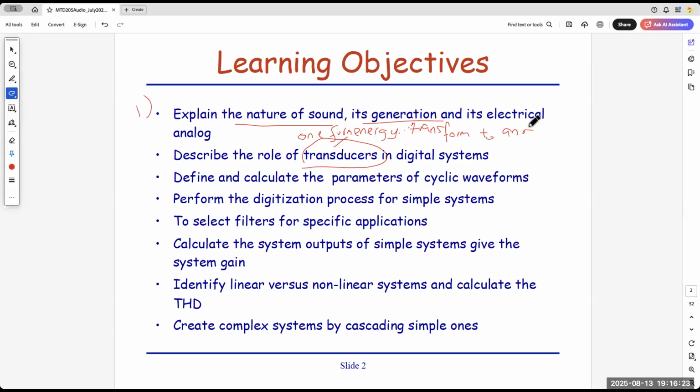For example, when you listen to Spotify on your iPhone or Samsung phone, you install Spotify in your apps, on your handphone or laptop. Whatever you store in your hard disk is all in electrical format. So you need some transducer to transmit it out and become sound. That's what we call a speaker.